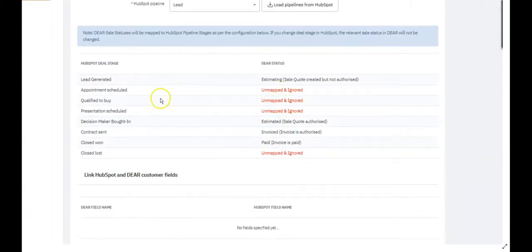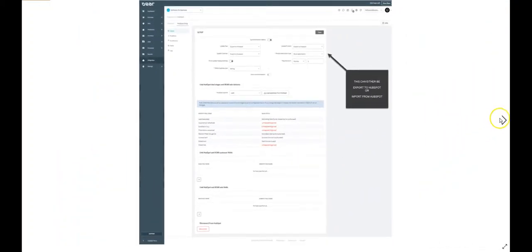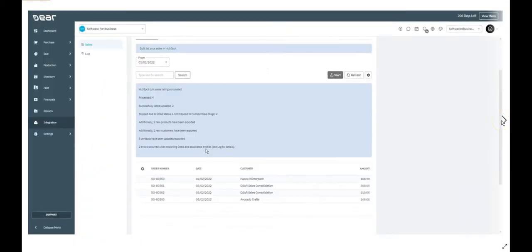And then it says additionally 2 new products have been exported. So obviously in some of these orders of mine, there were products used that have never been synchronized up to HubSpot. Additionally, also 1 new customer has been exported, 5 contacts have been updated and exported, 2 errors occurred when exporting